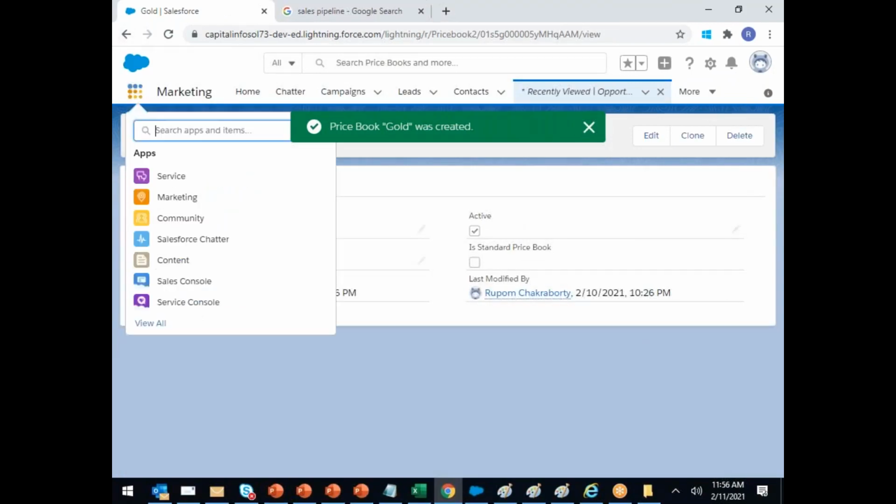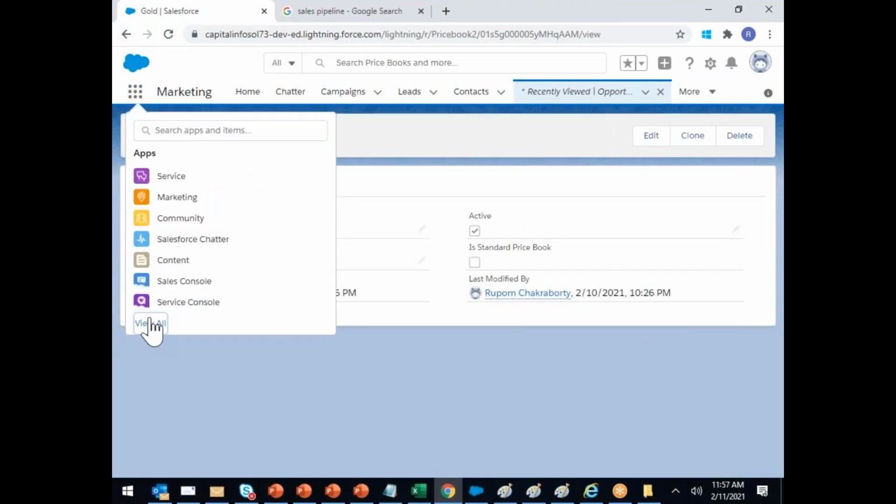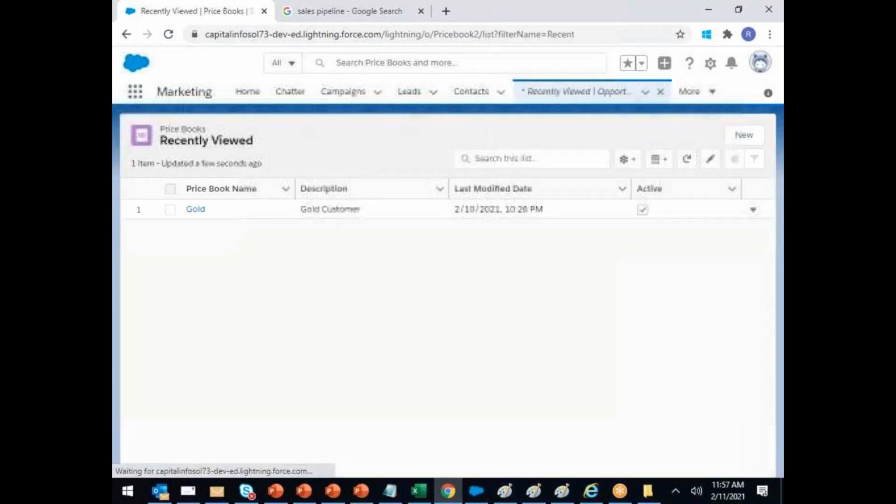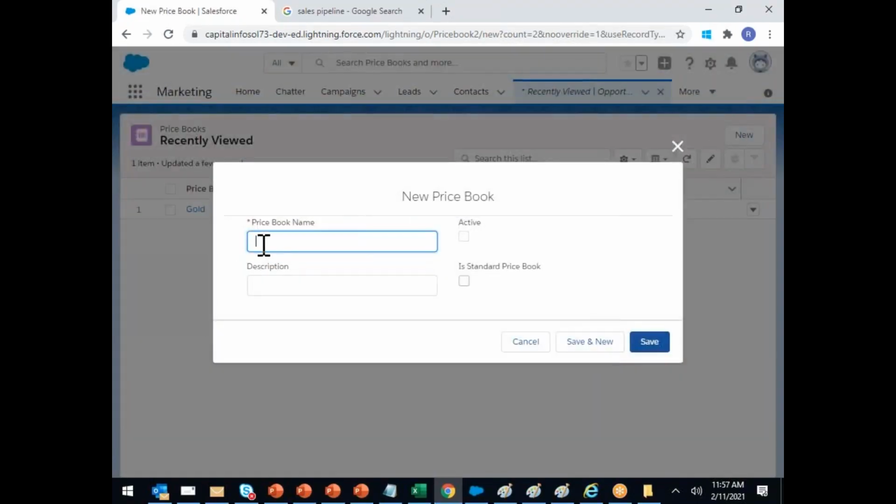Once again, I click on App Manager, click on View All, I scroll down, click on Price Book. Already Gold is there, which we just created. Now I click on New. I will start with silver, next platinum. Active, yes.